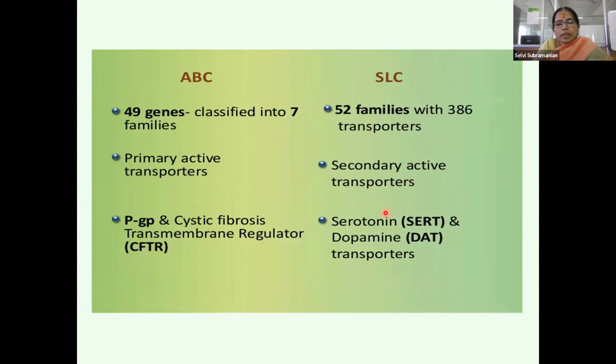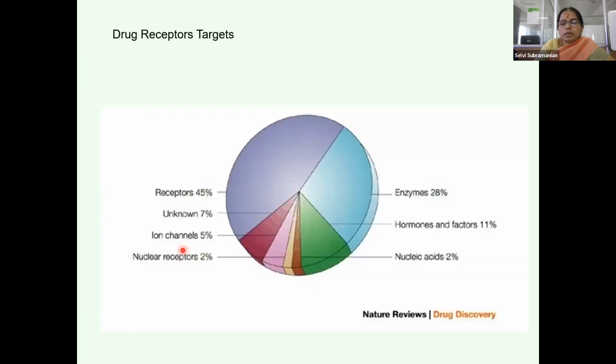What about drugs like serotonin, dopamine? All these are transported by the solute carrier proteins, whereas cystic fibrosis transmembrane regulator and P-glycoprotein are different types of ABC transporters. And then we will see the different types of targets. Targets is the first